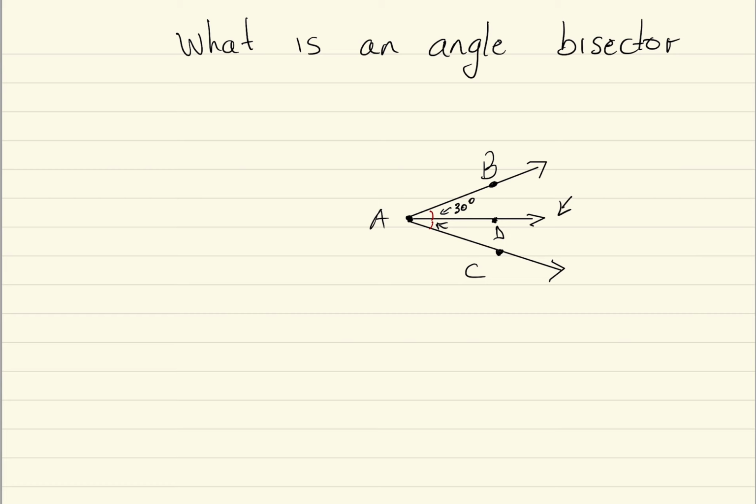So if we call this maybe 30 degrees, this would also be 30 degrees. So this right here is the angle bisector. Again, because it divides this angle, you could call it in total a 90-degree angle into two congruent or equal